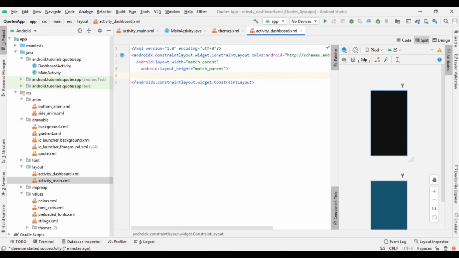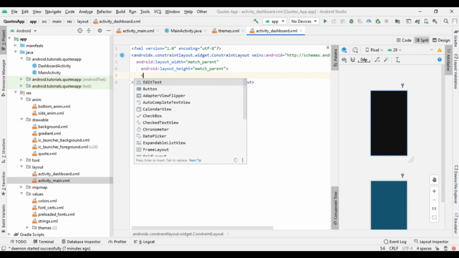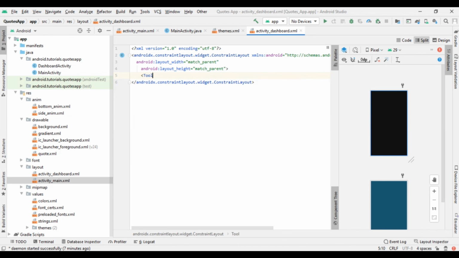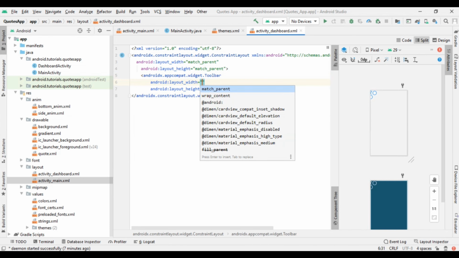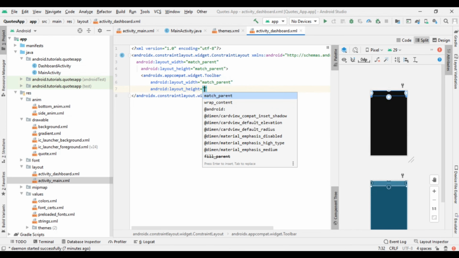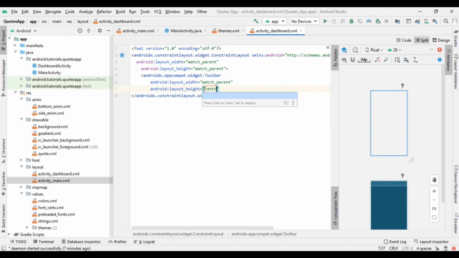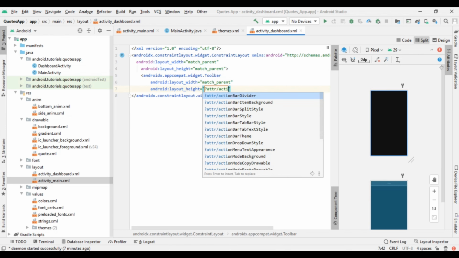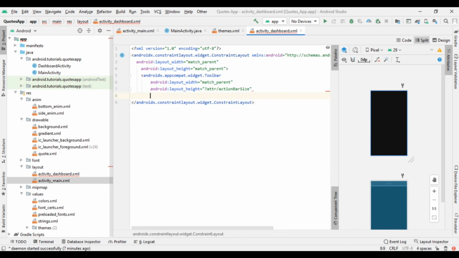Now here we have to write our custom toolbar. So write Toolbar and give its width to be match parent and its height will be ?attr/actionBarSize. So you can see that we had got that.